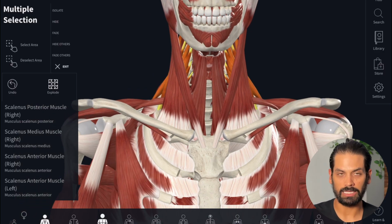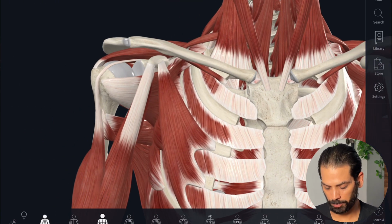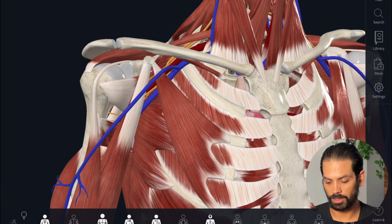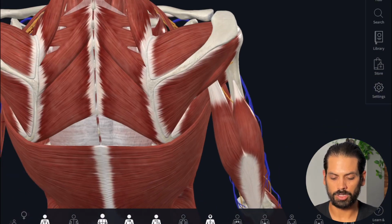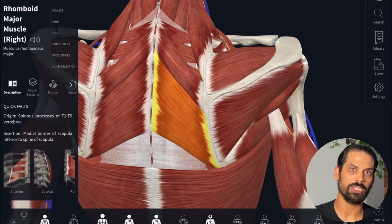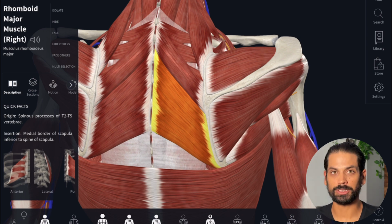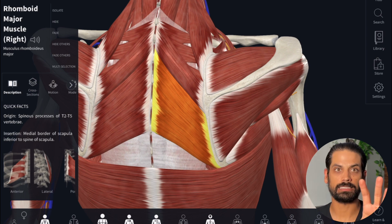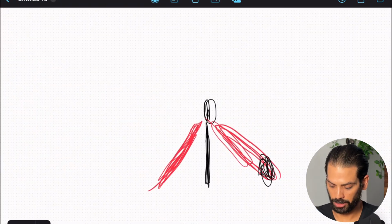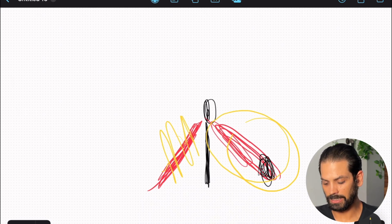This is probably one of the most basic examples I can give you when it comes to thoracic outlet syndrome. But let's actually take a look at another example that is a little more prominent that you might have probably even had to do already. One exercise a lot of people end up doing for thoracic outlet syndrome is to try to strengthen the rhomboids. They do face pulls, front pulls, back exercises, all to strengthen this muscle. But why is that? It's because they're trying to strengthen this muscle here, this original one, without releasing the tight